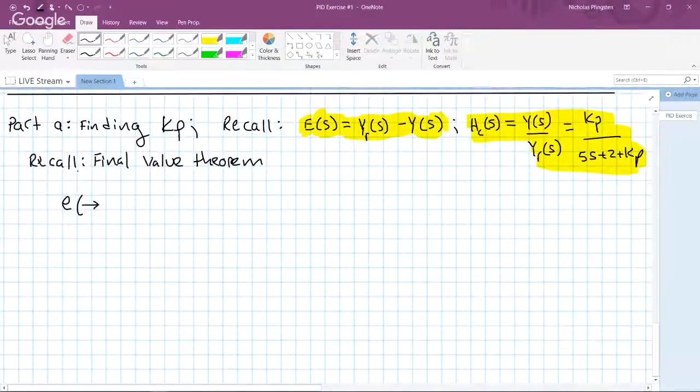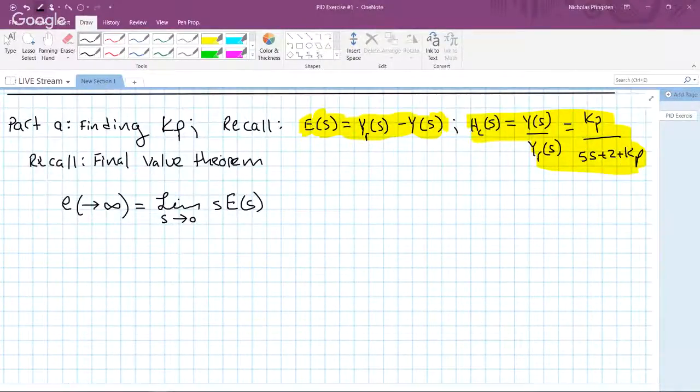As the e of t function, so t is not put in here, but as it approaches infinity, the limit as s approaches 0 of s capital E of s. Well, yeah, that's the theorem. So e as t approaches infinity is equivalent to the limit as s approaches 0 of s capital E of s. So we're concerned with